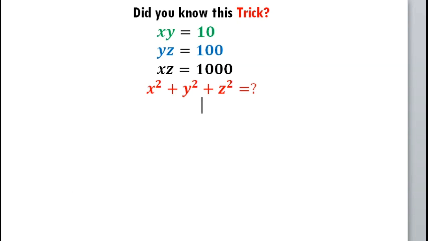Hello, let us try out this simple trick. You've been given xy to be 10, yz to be 100, xz to be 1000, and you've been told to find x squared plus y squared plus z squared. Now here,